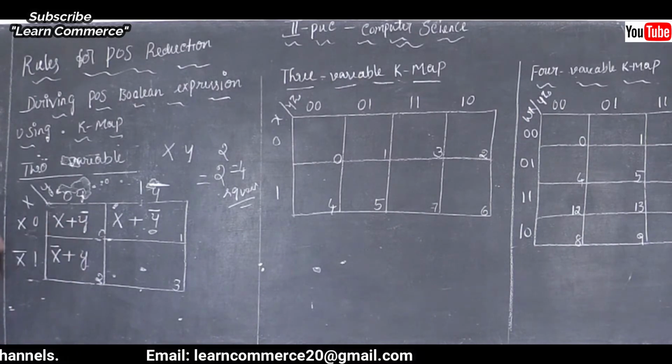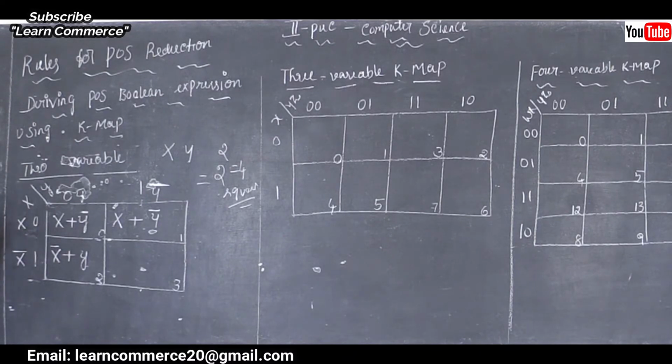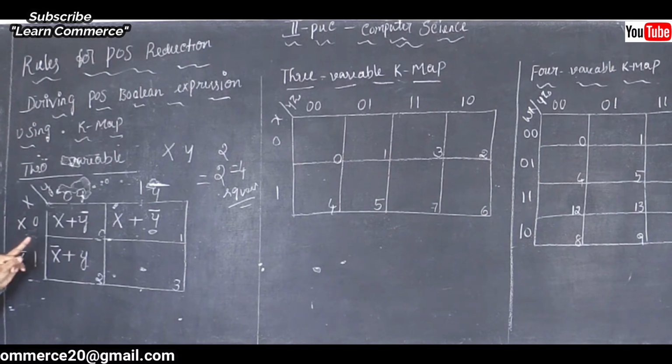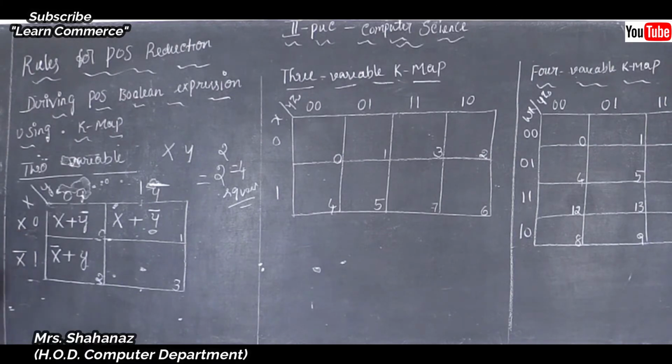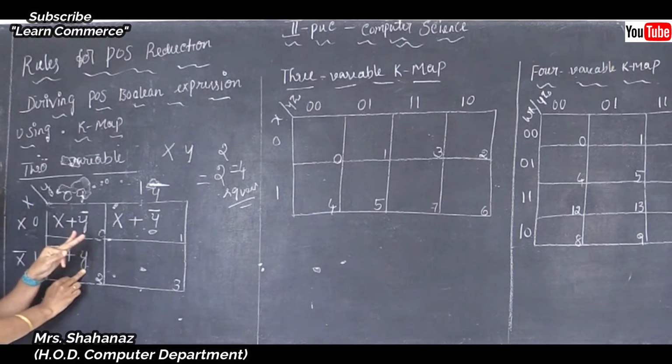Clear this point here? We know that it is the sum of all the products, sum of all the literals with or without the bar within the logic system. In our min term we are using the dot, but in case of the max term we are using the plus. Should remember it. Clear this point here? So x plus y, maybe it's a min term. How are we going to take it? You are taking x dot y, but it is a max term in the 2 variable K map.